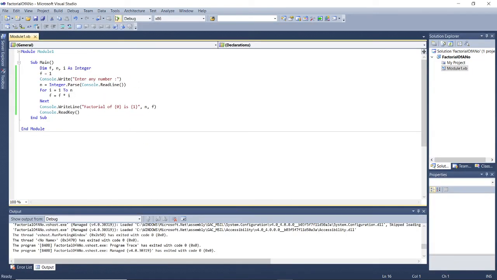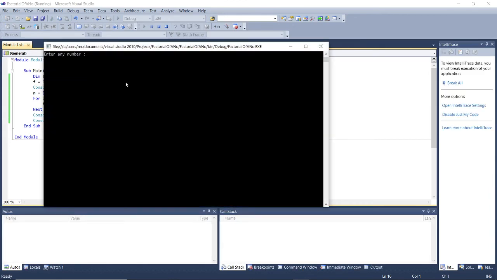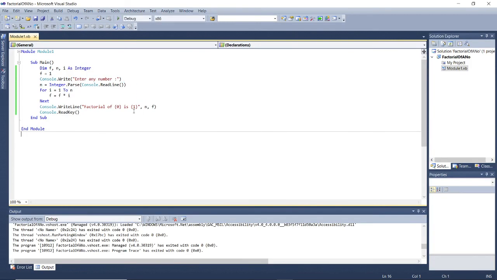But while writing a factorial program, what you have to do? Check for 0 also. Because what is factorial? It is multiplication of all numbers from 1 to the given number n. But it is a universal truth that factorial of 0 should be 1. So you have to write a program in such a way that if 5 is given, it should display 120, but if 0 is given, then it should display 1. So yes, factorial of 0 is 1. Both results are correct, so my program is also correct. So this is our second program.